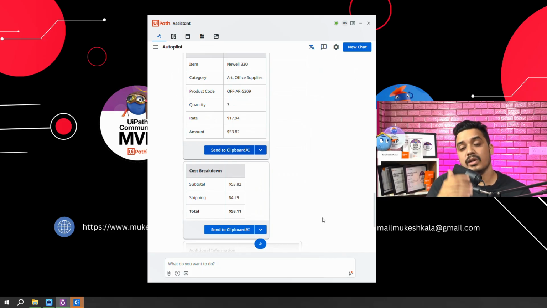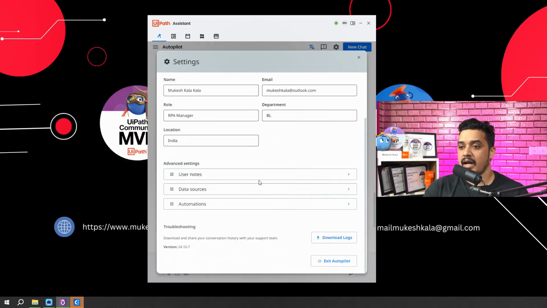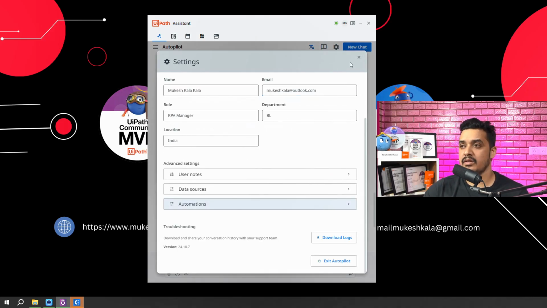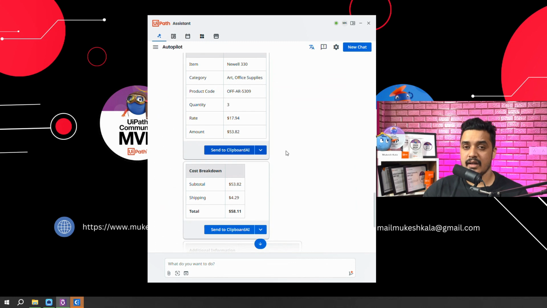So today, to run the automation, you use attended, unattended automations, right? For example, if you see here, I'll just go to the settings. I have an automation which is a sample process with error, right? That's something I have given into this one, right? That is a sample process, right?